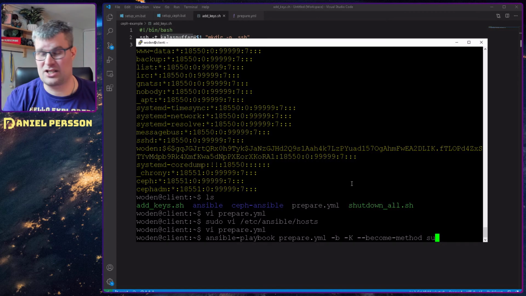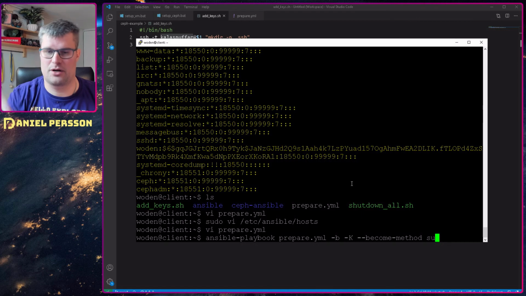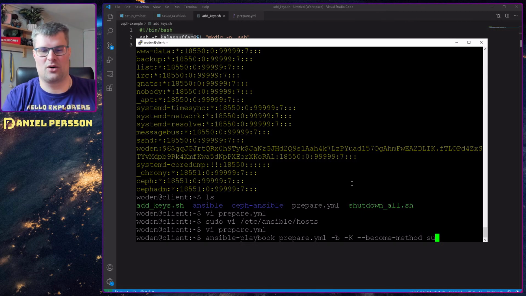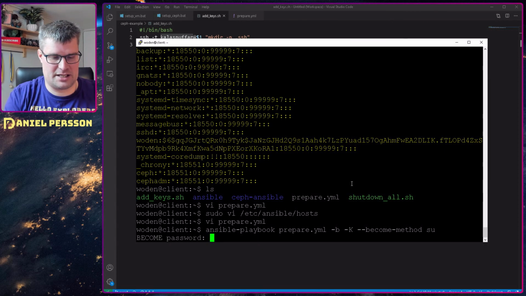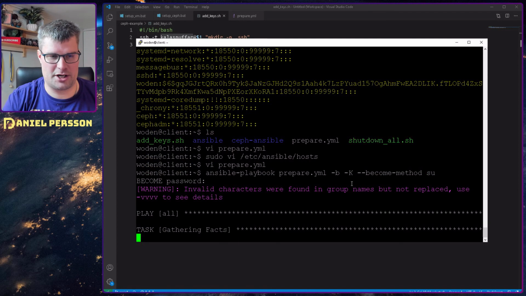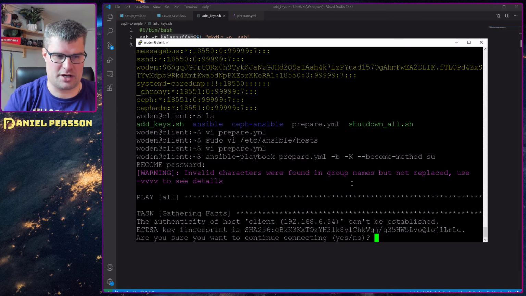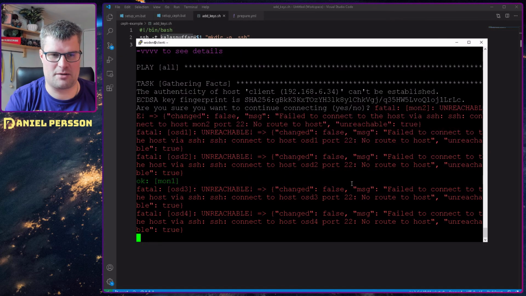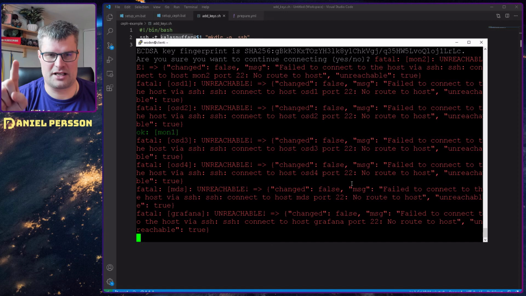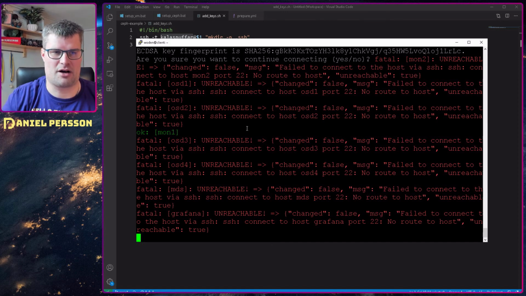sudo. So in this case, I don't need to do that because I've already run this script, so I already had sudo, but this was what I did in order to prepare my 8 machines so I can use them later on. So I run this, I give it my root password, and it will log in. And in this case, it asks for a fingerprint. And you see here that a lot of the different machines here are unreachable because they are not in my list, but the monitor was